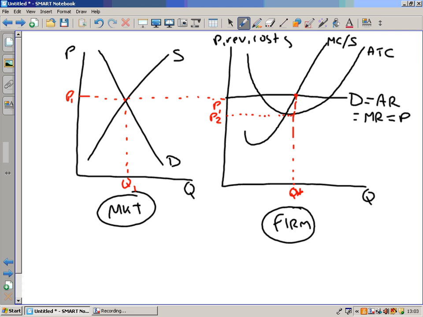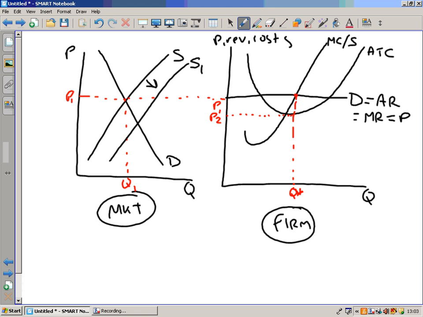We can see here that the business is actually making supernormal profit. They're making more profit than what would keep them in the market, so supernormal rather than normal. Now, what's going to happen now in the long run is that these supernormal profits will be eaten away. We've got no barriers to entry or exit. More potential firms think, well, hang on, that's a really good market to enter because I can earn some supernormal profit in there. But what that will mean is, as more firms enter the market,